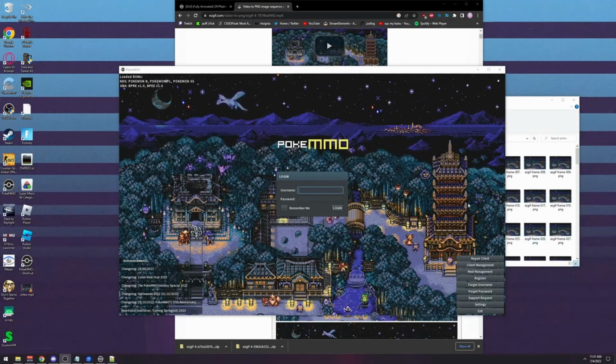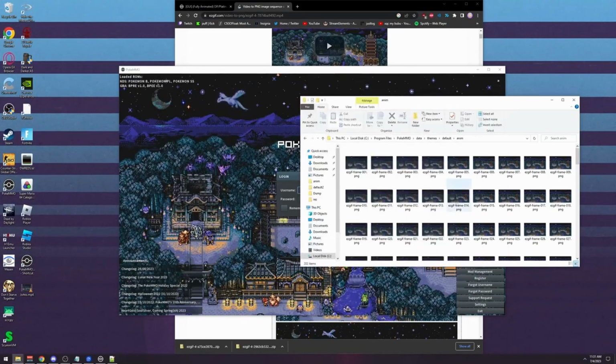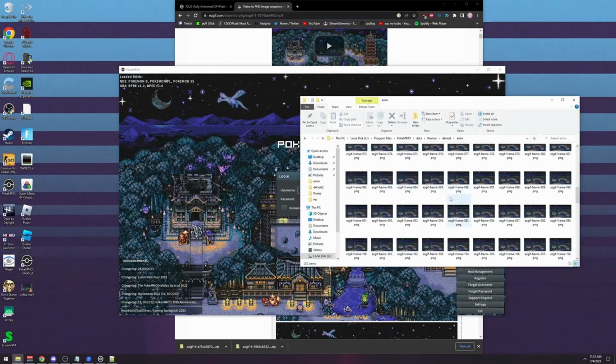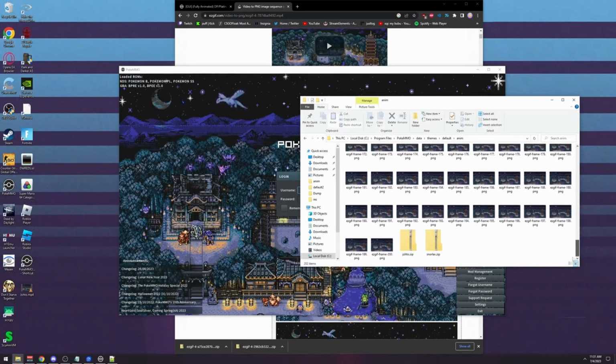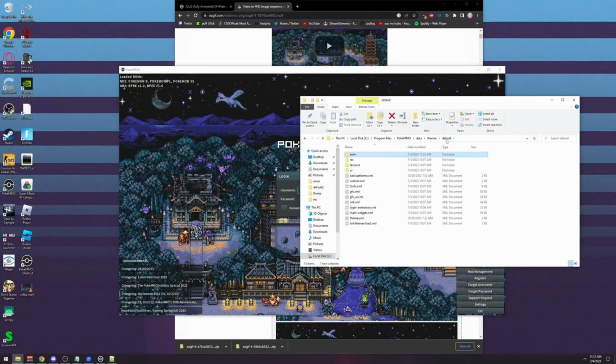Alright, so if your animation is less than 200 frames or more than 200 frames, and you go to try and launch the game, it's not going to like that. It's currently set up so that you could just very easily unzip from the EasyGIF website and just go with 200 frames. If you have more or less than 200 frames, you're going to have to do some rewriting of the code yourself. So to get there, we're going to go back into the default theme folder and look for